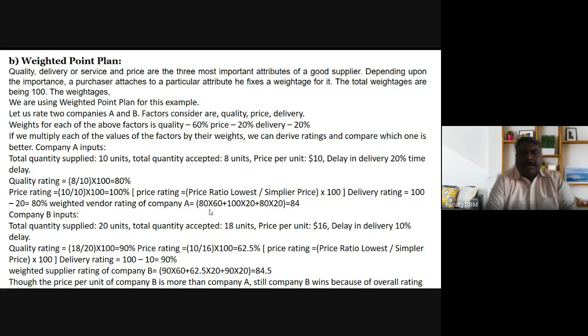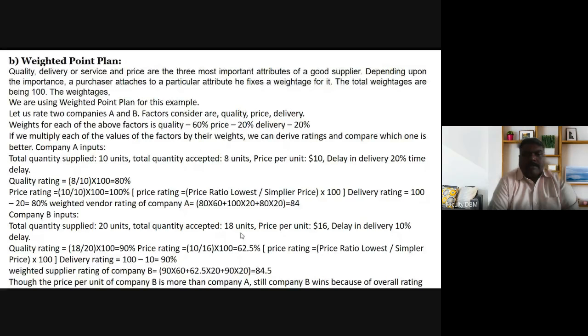So company A's rating: we got quality rating 80, and we multiply it with 60%, that is 80 into 60, plus 100, the price rating, into 20, plus 80 into 20, the delivery rating. We got 84. In a similar manner, company B inputs: total quantity supplied is 20 units